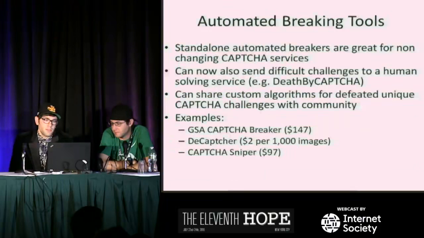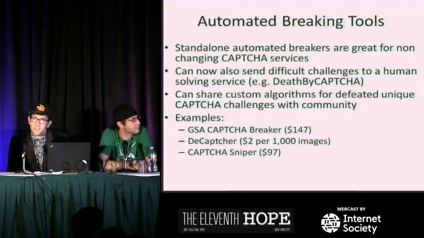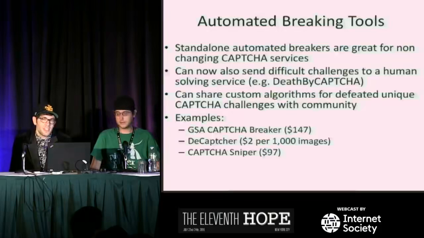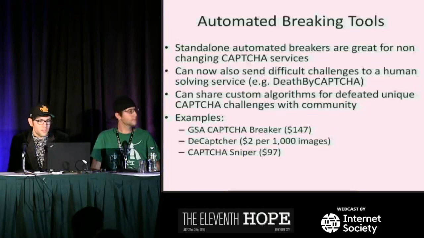Okay, so now we'll get into breaking tools, right? So let's say you're a black hat now, and you're faced with a CAPTCHA challenge. Is there an automated breaker around? If the answer is yes, great, use it. But what do you do when you reach CAPTCHAs that you can't break? Well, now the fancy ones will let you farm the ones you can't break out to a human to solve them. So for example, Death by CAPTCHA is a service provider that will sell you human users to break the CAPTCHAs you can't break. So as a black hat, this allows you to optimize your expenses where you break the automated ones with your automated breaking tool, and the ones you can't break, you pay for, right?